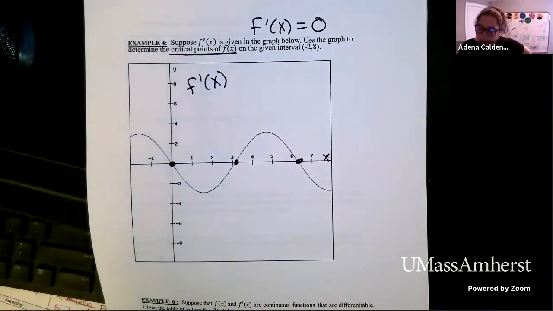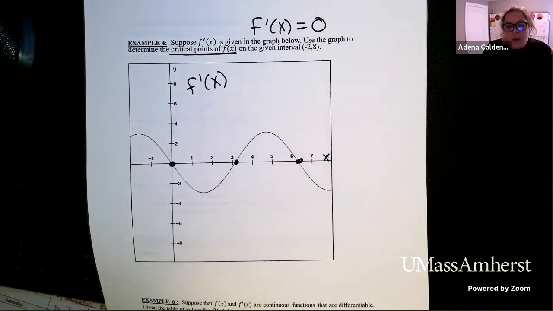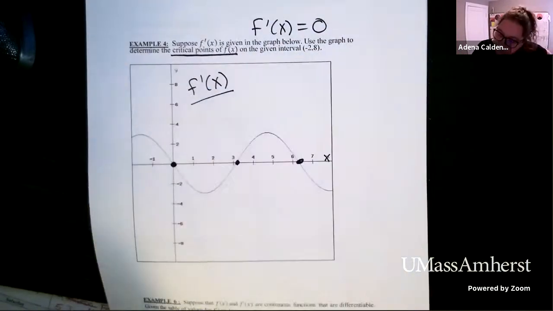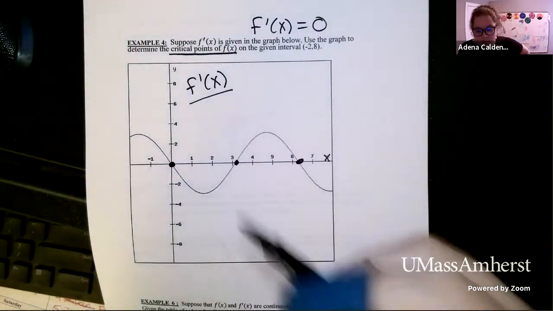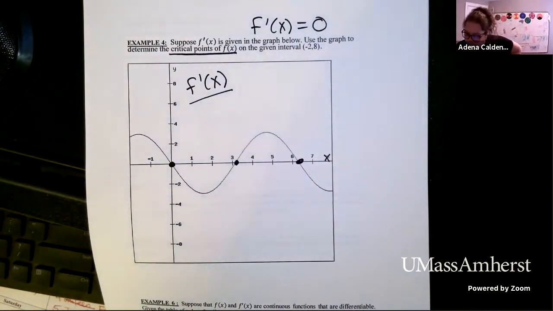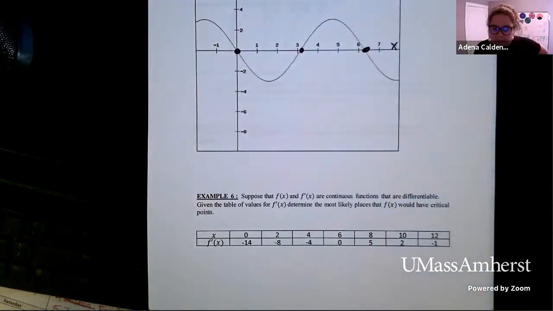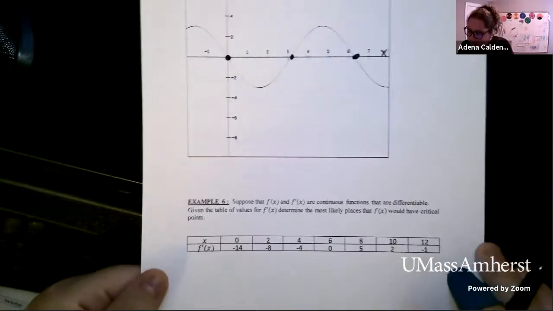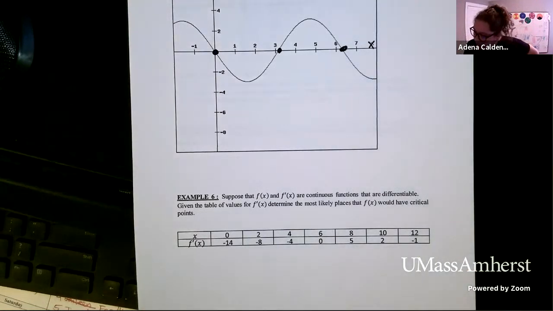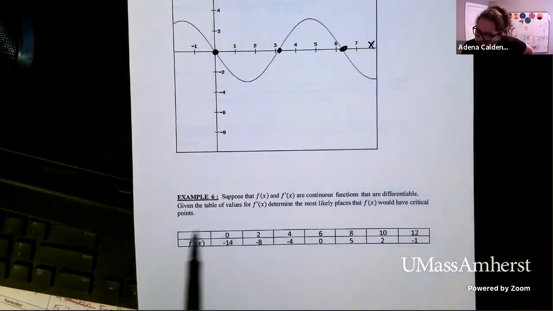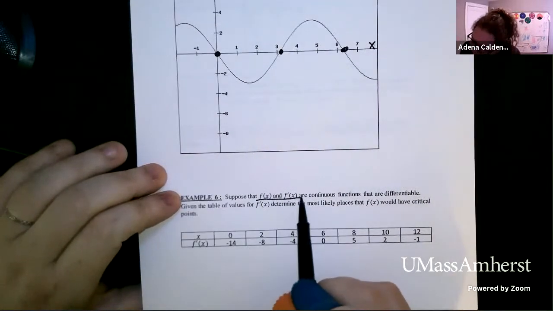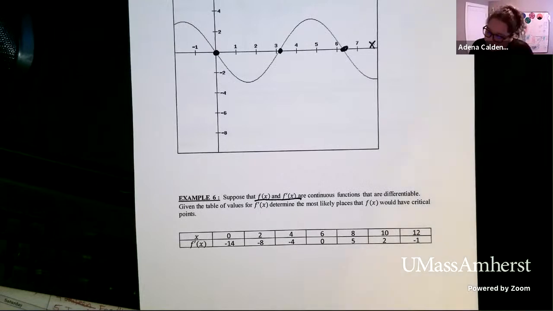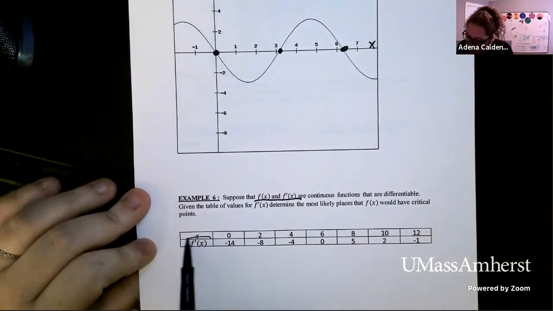If you are given a graph, one of the first things you're going to want to do is figure out what graph you have. Is it a graph of the derivative? Is it a graph of the original function? Then you can answer the questions that you have. All right, what about if we have a table? I want you to try to think about this. I'm going to give you a minute to see if you can figure this out. So here we have a graph. We have a table. We know that the function and the first derivative are continuous,